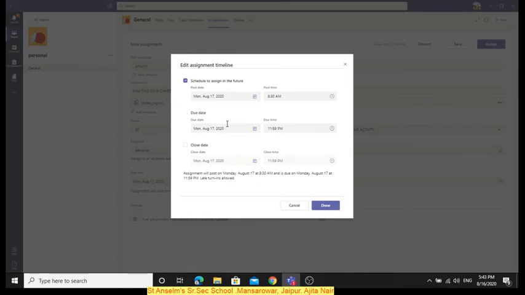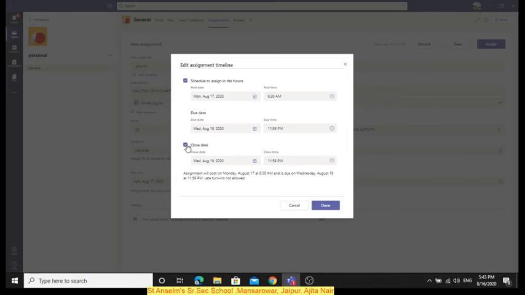Now the due date. Due date means when you want the answers to be submitted. So you can give 2 days. Suppose you have given 2 days, 19. Okay, now this close date. I prefer that you don't put it, because we all know that we have latecomers. If you put a tick on this, it means after this date the assignment will not open for anyone, and the date will not work. So that's why I am saying don't put this.